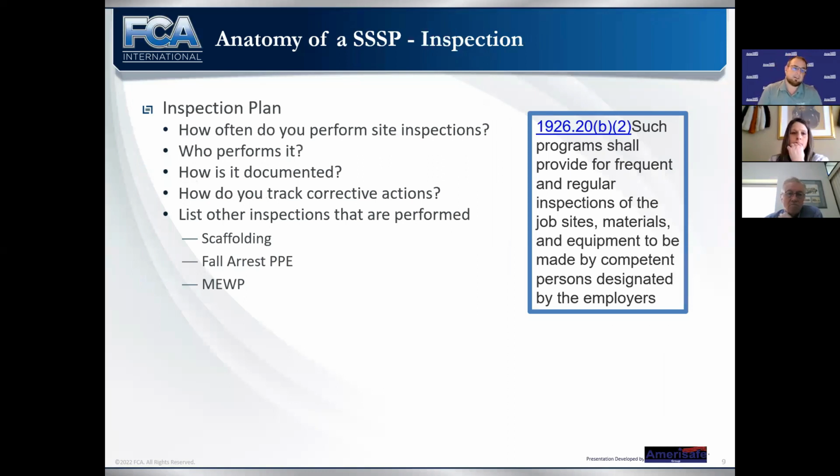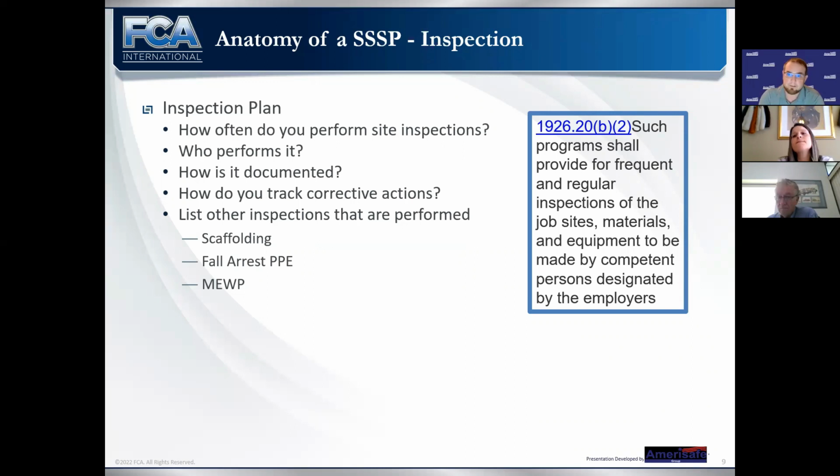Next, let's talk about the inspection plan. Now, we're required to do a whole lot of inspections. The most basic inspection is one that, if there is an injury on your site and OSHA comes to investigate, I guarantee you they're going to ask for. When did you last inspect this site for hazards? Can you provide documentation for it? Right? And that's